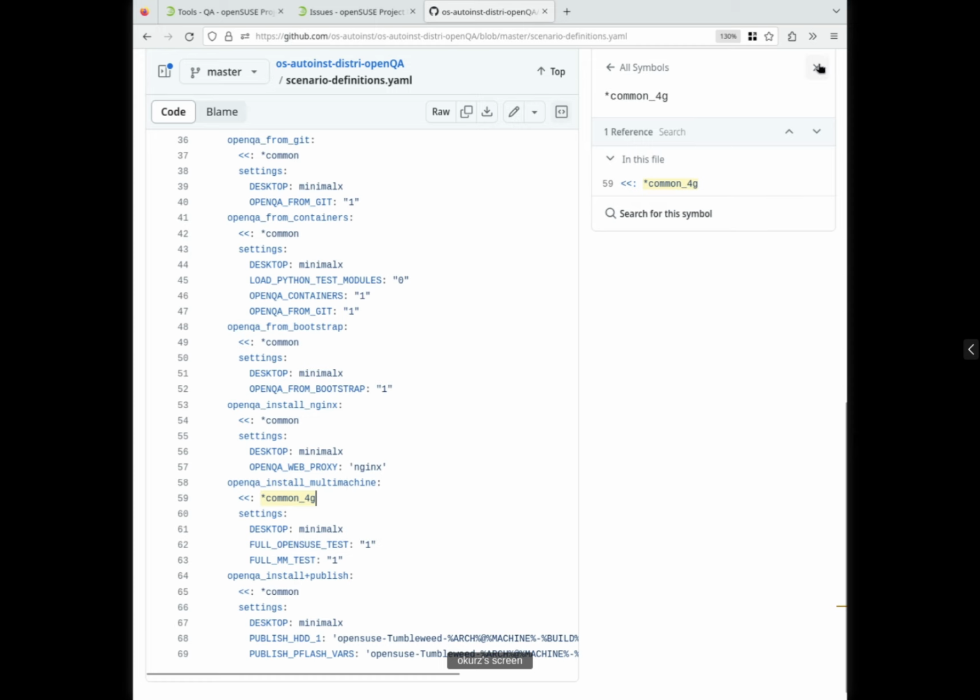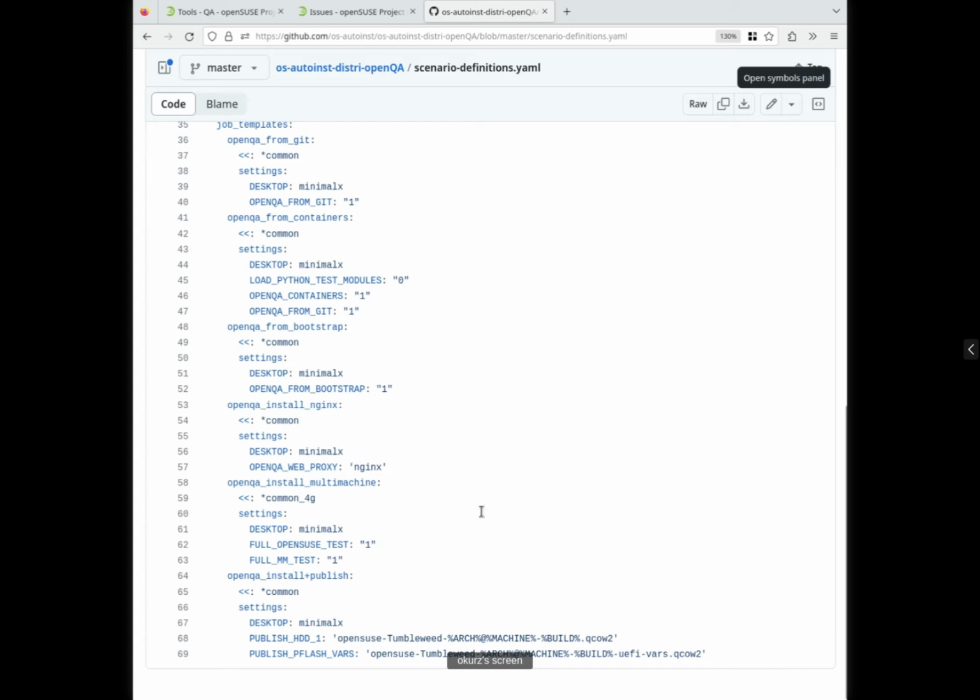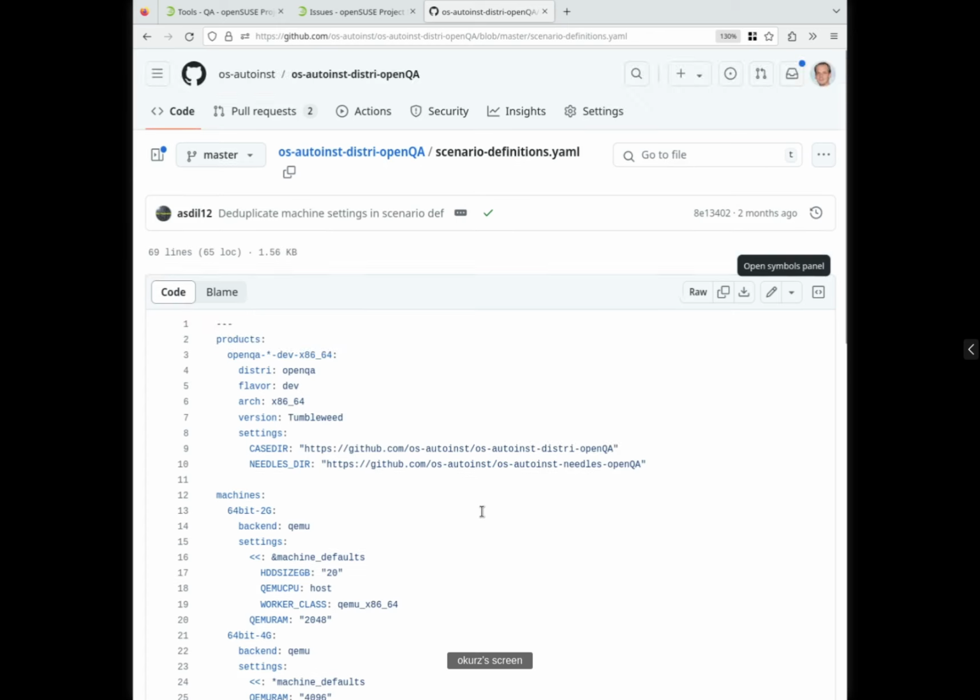So this is just plain YAML, which is possible here because we have the complete test definitions within that file. And with that, we have the complete test definitions, including product settings, machine settings, and the connection to the Git repository within that test distribution.